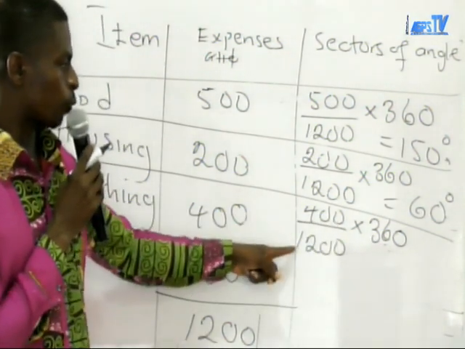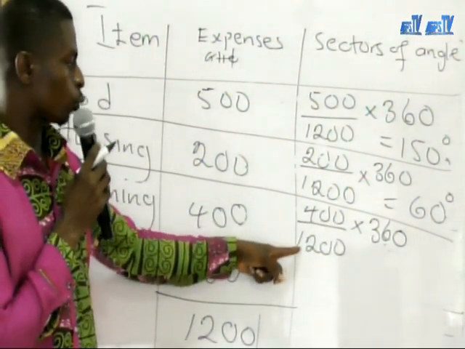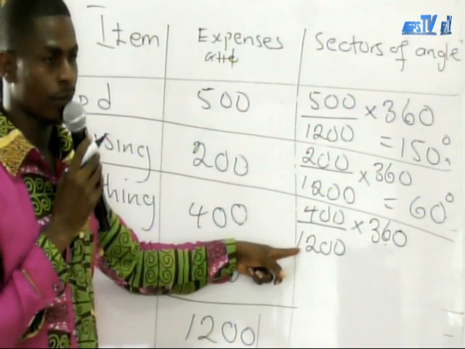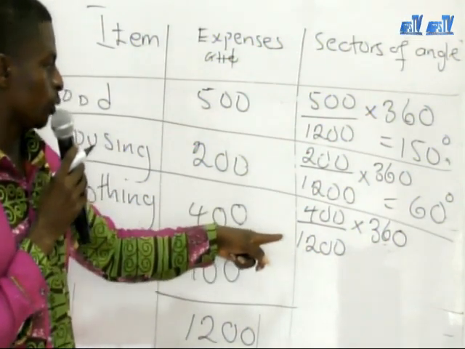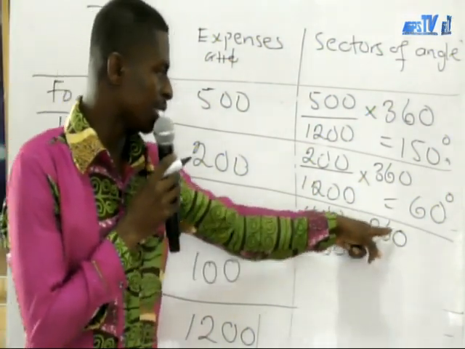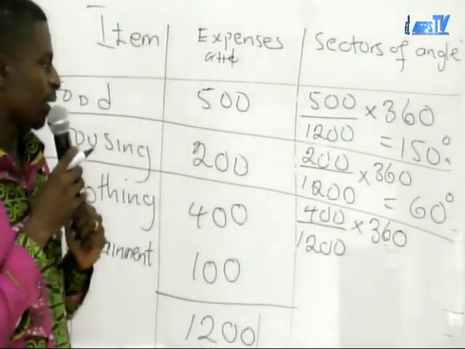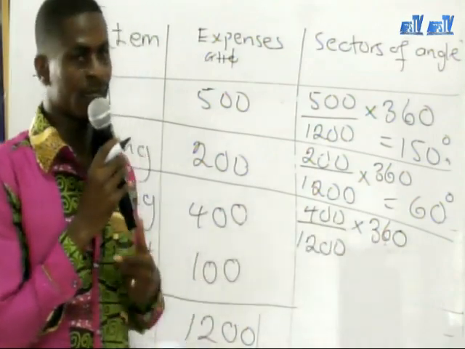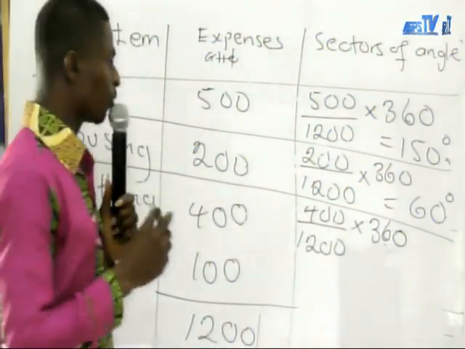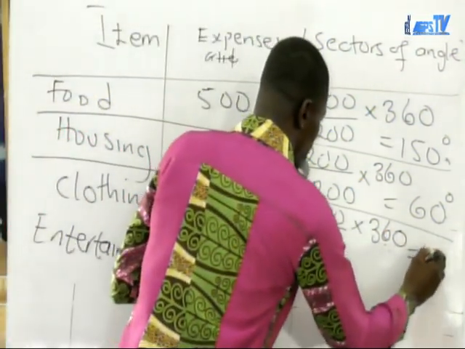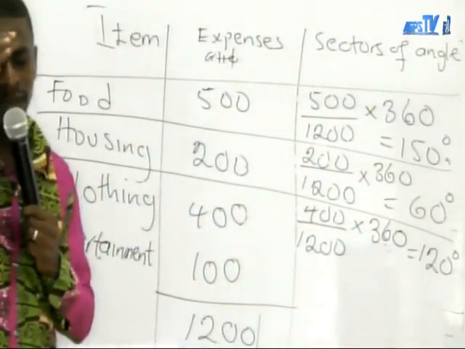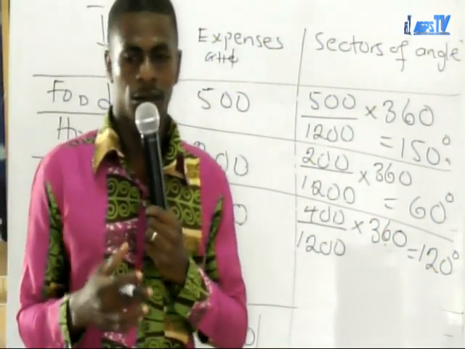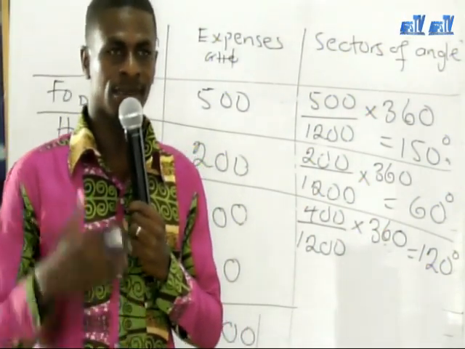So we have 4 on 12. 4 will go into 12, 3. And so we can use the 3 to divide the 360. And 3 will go into 360, 120. And so finally we have our 120 degrees. And once again, if I am too quick, you can take your time after my lesson and go